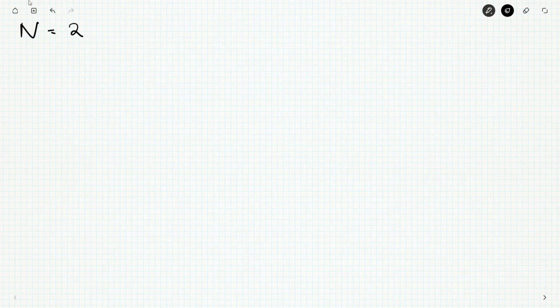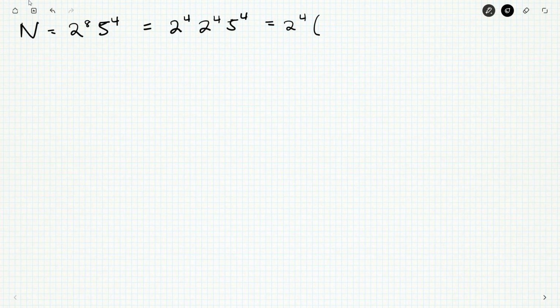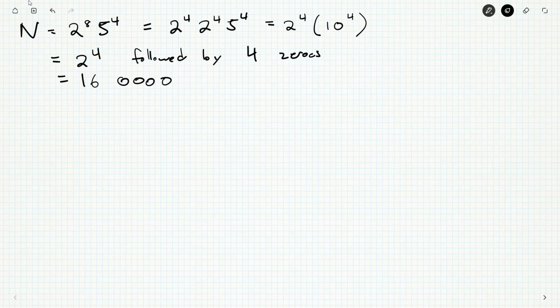N is 2 to the 8, 5 to the 4. Okay. But this is 2 to the 4, 2 to the 4, 5 to the 4. You can break this 8 into 4 plus 4. So this is 2 to the 4, and then we can do 10 to the 4. So 2 to the 4, followed by 4 zeros. Well, what's 2 to the 4? Why, it's 16. So 16 followed by 4 zeros. The sum of those digits